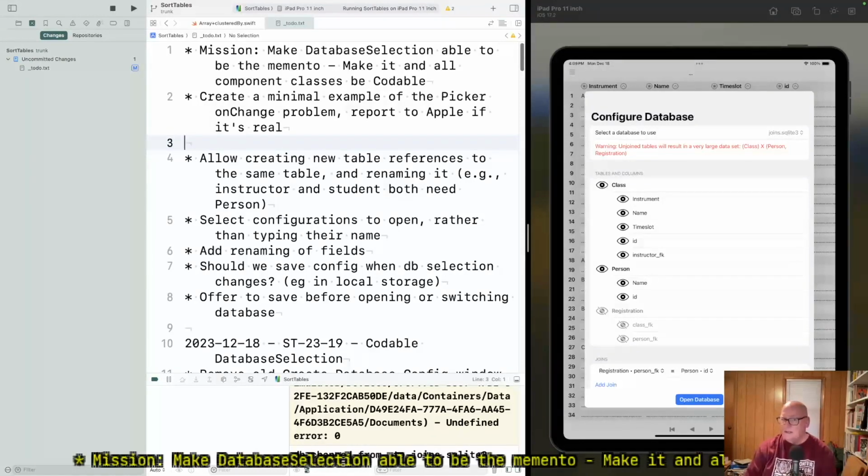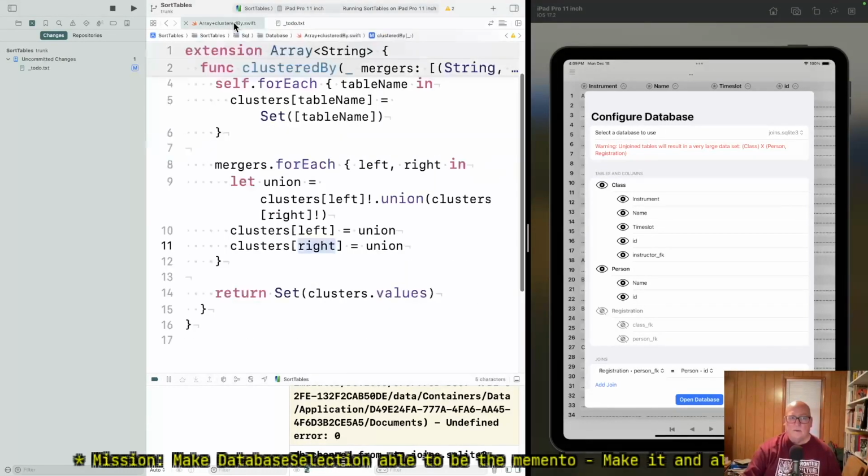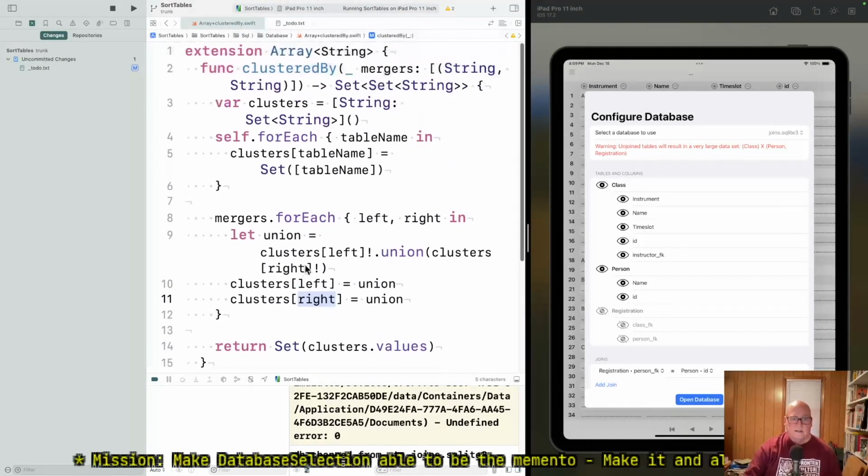But now the issue is that the clusters you need to update are not just the two that triggered it, but all the clusters